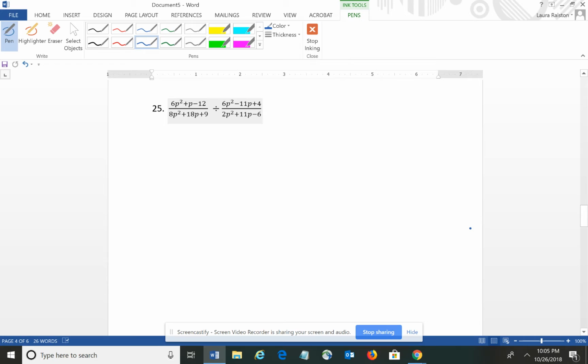To find the reciprocal, you flip the second fraction over so that the top goes to the bottom and the bottom goes to the top. So the first thing I'm going to do is rewrite this problem as a multiplication problem. I would have 6p squared plus p minus 12 over 8p squared plus 18p plus 9, and it's going to change to times,